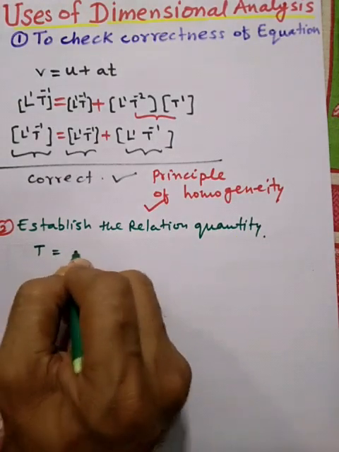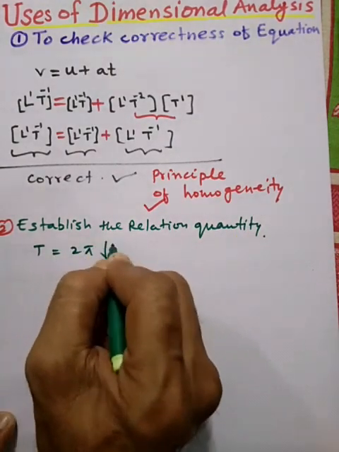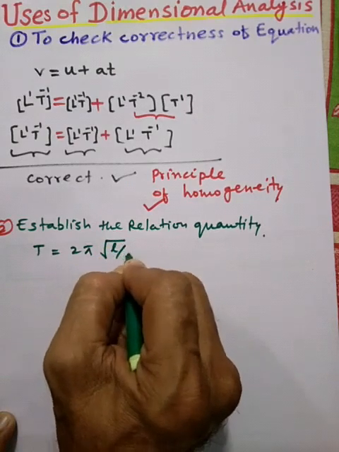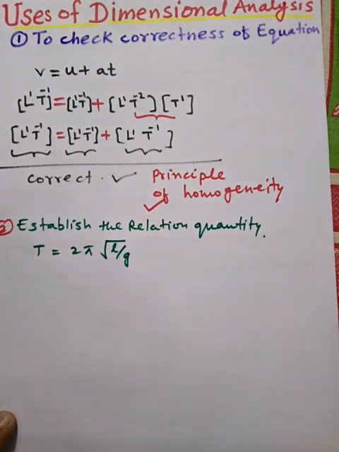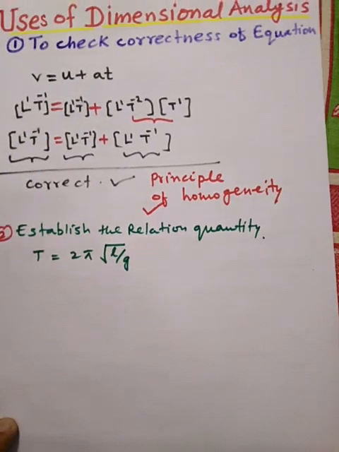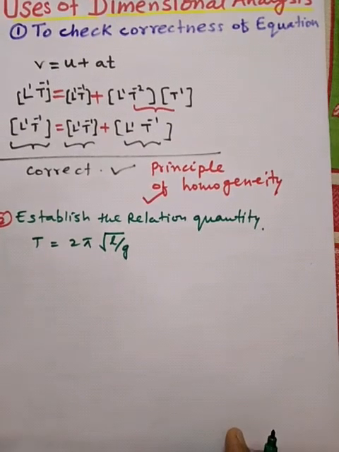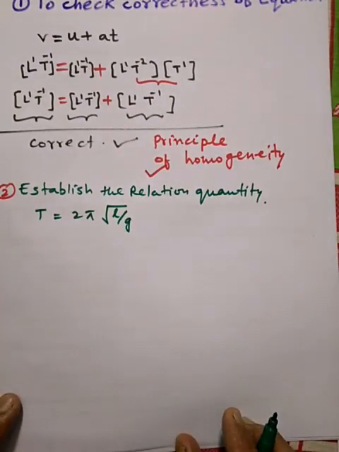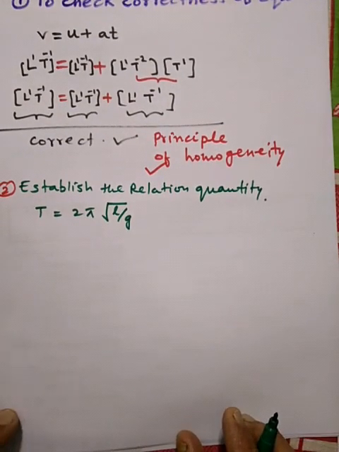Let us consider the period of a simple pendulum: T is equal to 2 pi under root L by g. T is the periodic time, 2 pi is constant, L is the length of the pendulum, g is acceleration due to